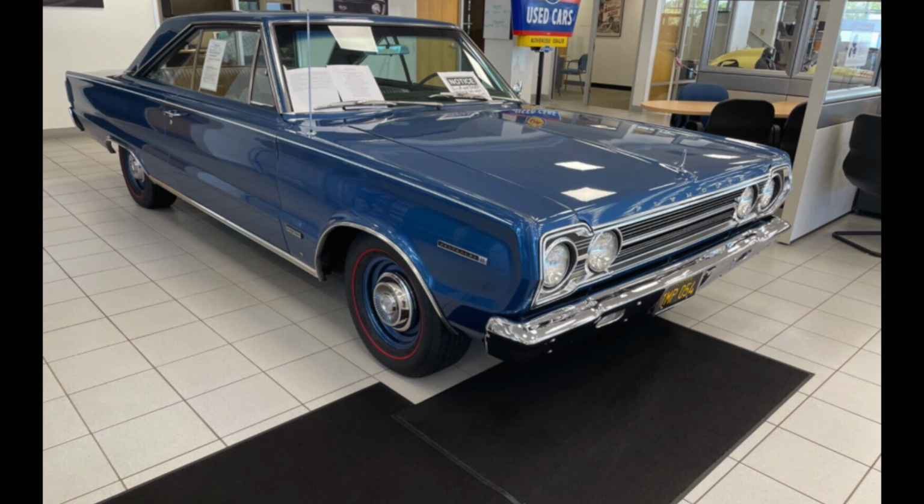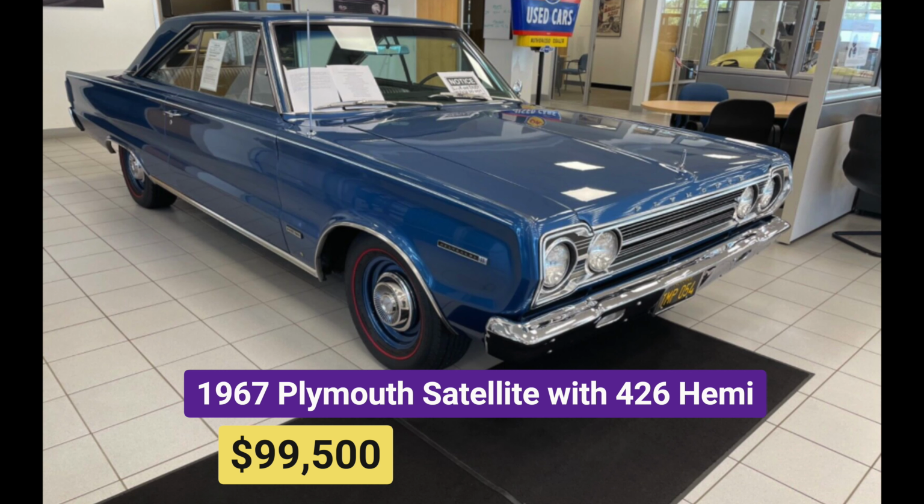These Mopars are original Hemi cars from the factory. There's even one under $70,000. So let's go check them out. The first car is a 1967 Plymouth Satellite with an asking price of